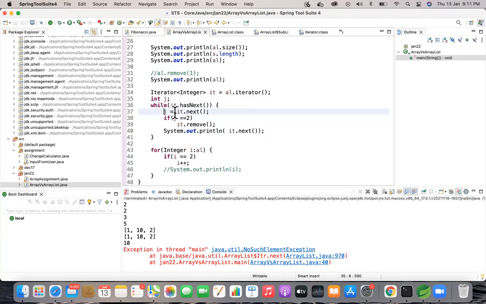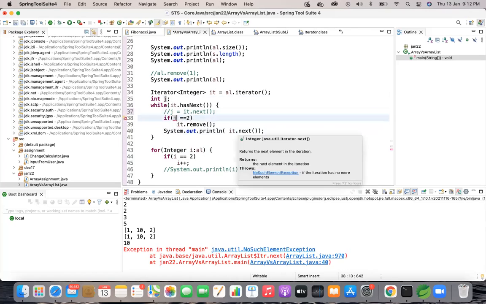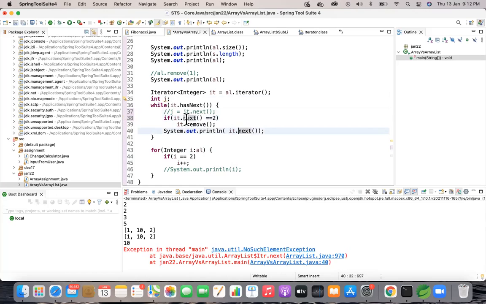Instead of assigning to a variable, just have it dot next equal to 2. So this will throw maybe an array index out of bound, because if it dot next equal to 2, which is the last element, we'll be removing it, and we are trying to print it dot next afterwards.